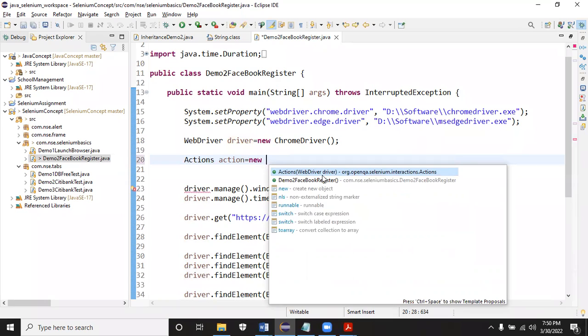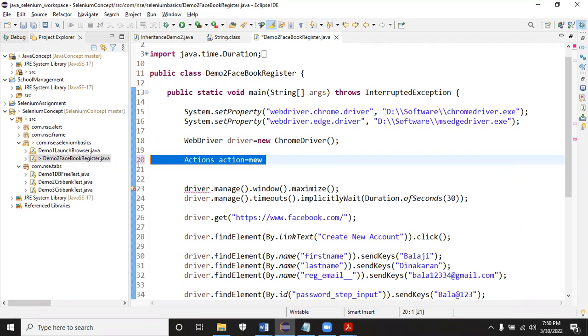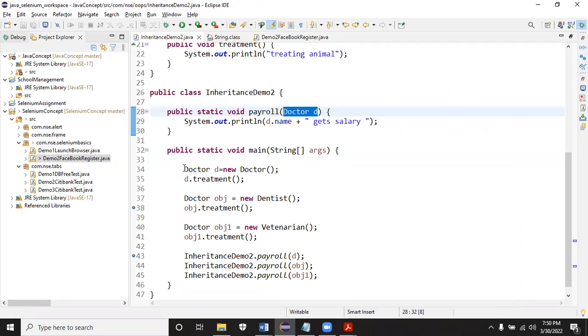Now, if we don't have the concept of WebDriver, storing it in the parent, then what you need to do is, while creating an Actions class, every time you have to pass Chrome driver, Firefox driver, and you have to create 3 different constructors for it: Chrome driver, Firefox driver, Edge driver. Based on the browsers you are working on, keep on creating the constructors. Based on that only you can pass. Otherwise, you cannot pass. To achieve that common layer, we are going to have this feature.